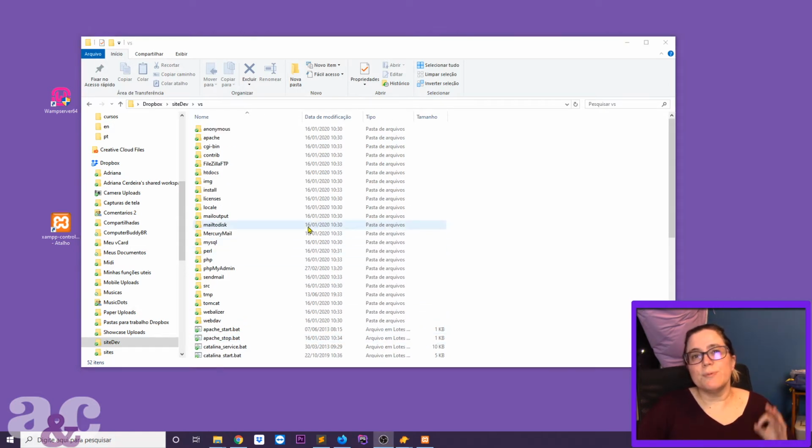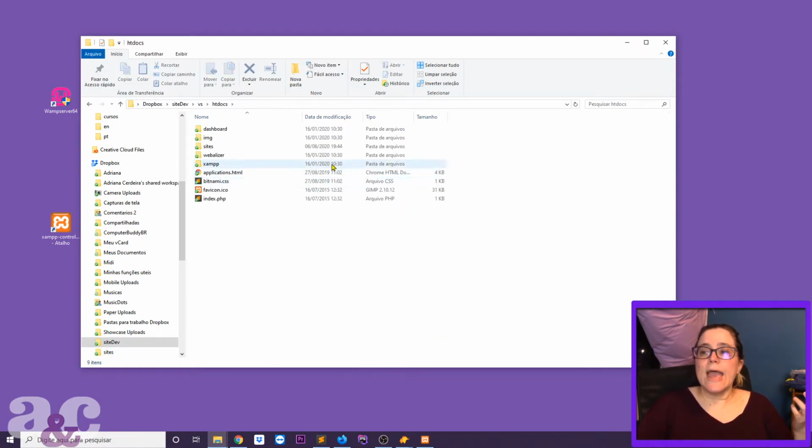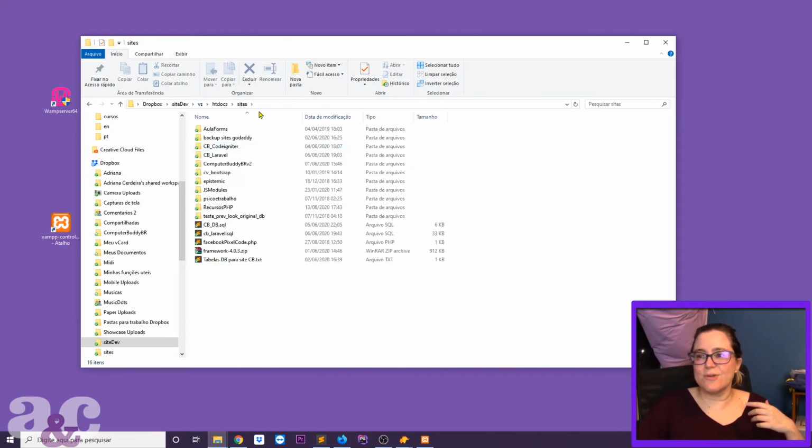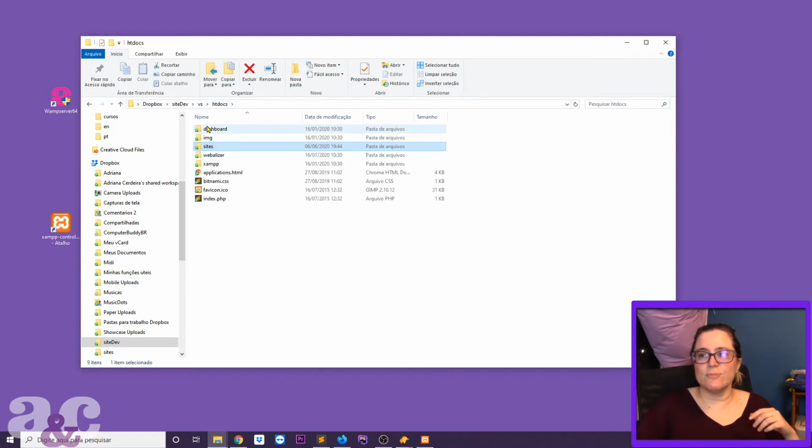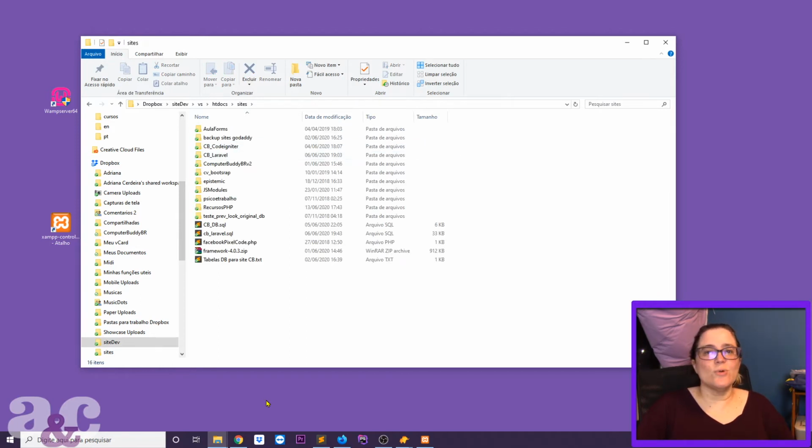Because you're going to have to place your files, save your PHP files you are working on, here in this htdocs folder so that you're able to visualize them. And I actually organize a little bit better by putting them in this sites folder, so that this is just my websites. I don't have to worry about anything else because this is all installed by XAMPP. So here I don't have to worry if I delete something that I shouldn't have deleted, because here are just my websites. And what happens here is